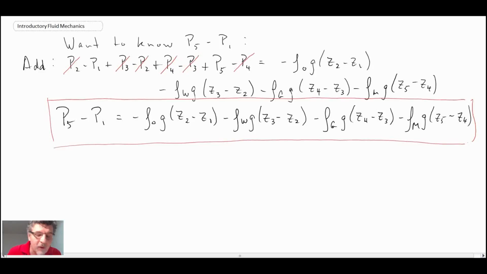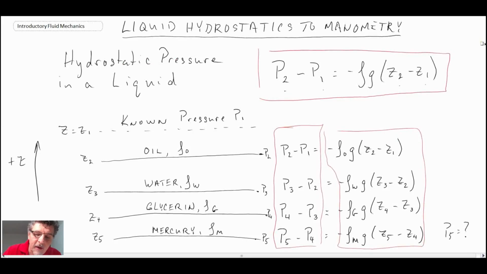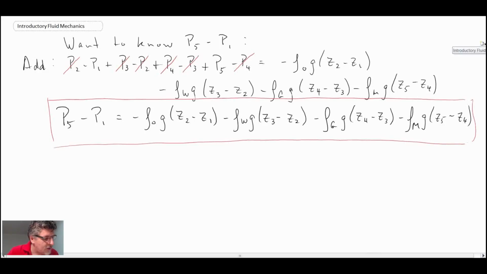However, what do we need to know? Well, we need to know the depth of all those interfaces. So let's come back here. We need to be able to measure this interface, this interface, this interface, and that interface, and know the position of them with respect to our free surface at the top. That is the principle of manometry. In a manometer, what you're doing is measuring the fluid interface, and from that, knowing the density of the fluid, you can use the hydrostatic pressure distribution equation to determine what the pressure is at different locations within your system. So in order to solve for P5,